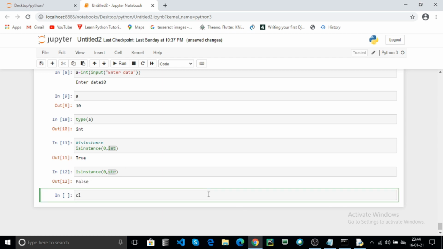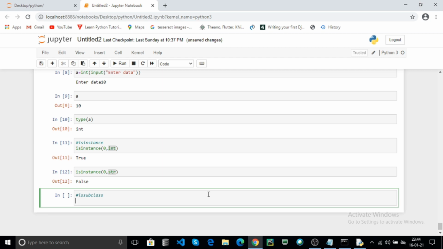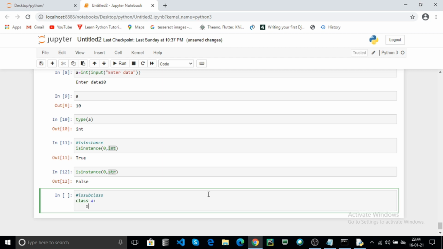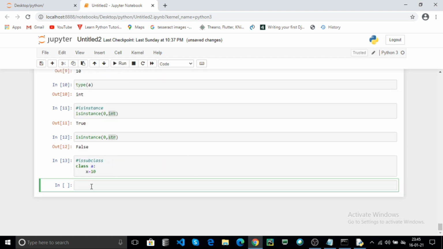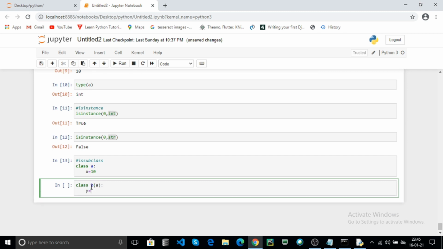For example, we discuss issubclass. For example, we have two classes, class A and class B. Here y equal to 20. Click on run.